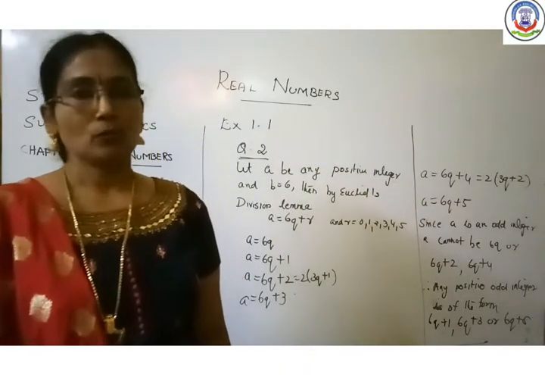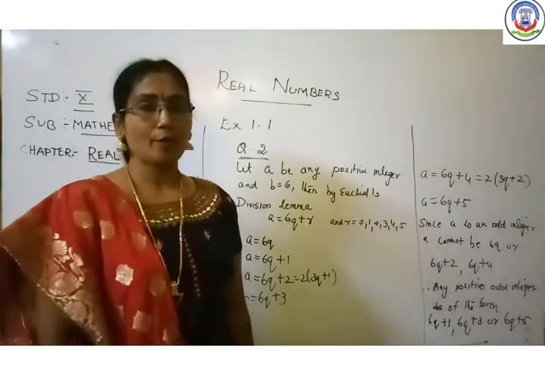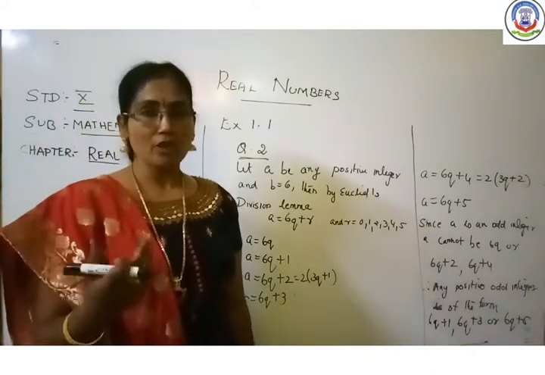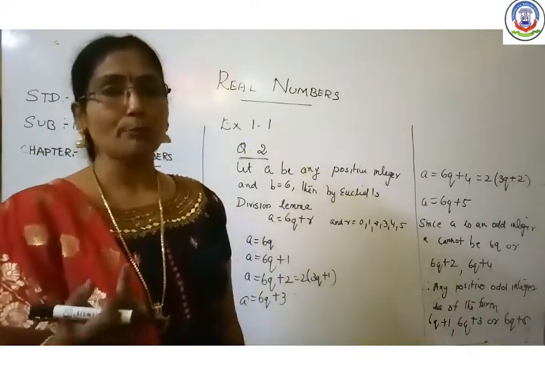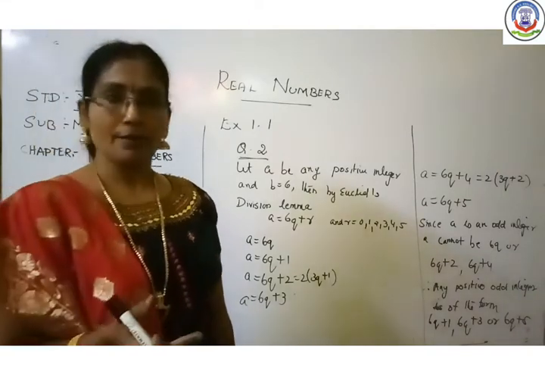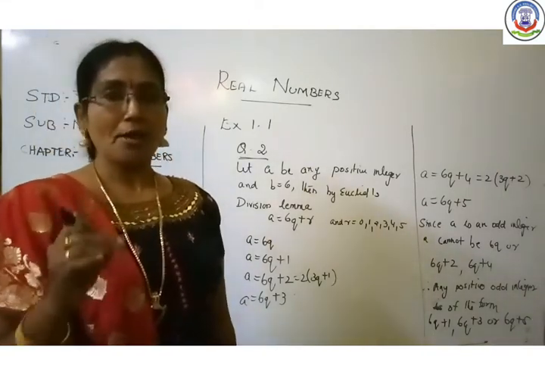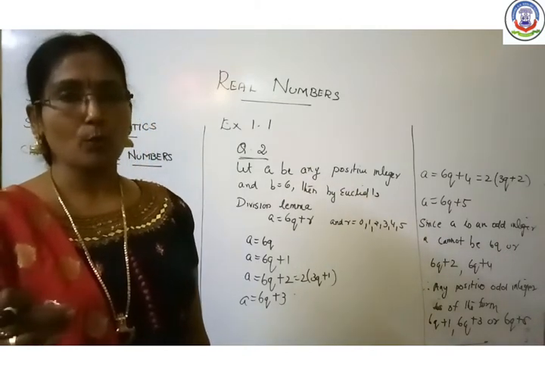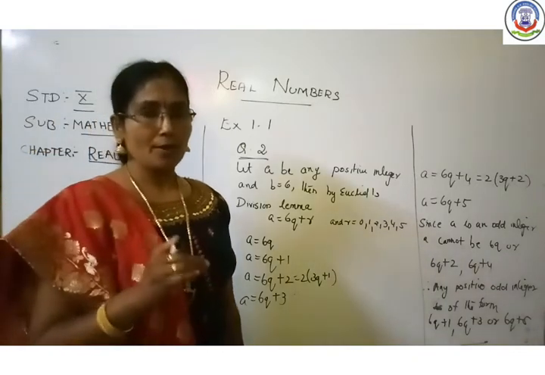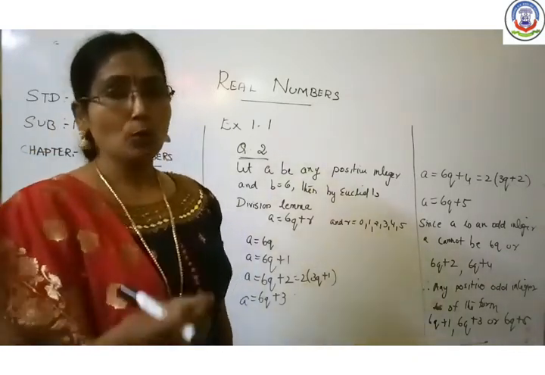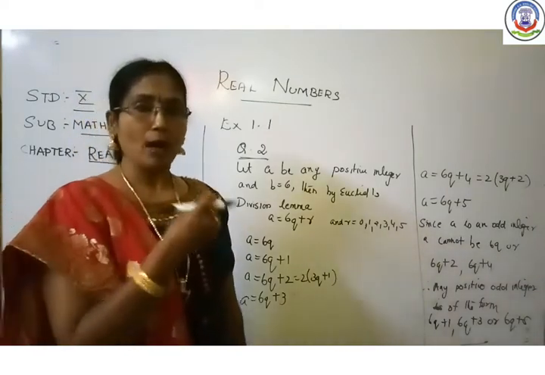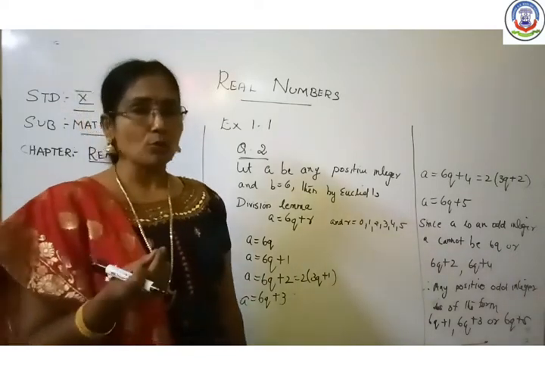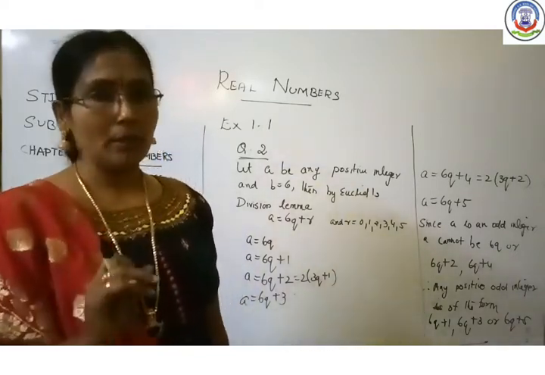Good morning, children. In the last session, we did Euclid's division lemma and Euclid's division algorithm, and how to use it for computing the HCF of any two given numbers. What was Euclid's division lemma? A is equal to BQ plus R, where R is 0 less than or equal to R less than B. This I have already explained in the previous session. I have already done the application, how it has to be computed for an HCF, and 2-3 sums I also gave as homework. You might have completed them all.